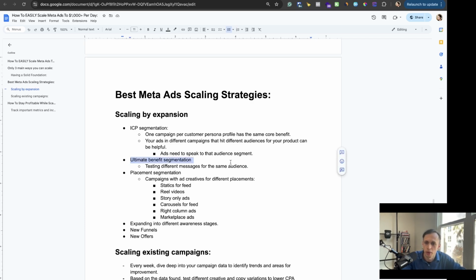And then benefit segmentation. So different benefits. Sleep can lead to different things. You can be more productive. You can, I don't know, feel good, spend time with your kids, make more money, things like that. But also just sleeping well in and of itself is the main benefit. So you might want to test different things like that in your hooks, in your ads overall, because people always buy